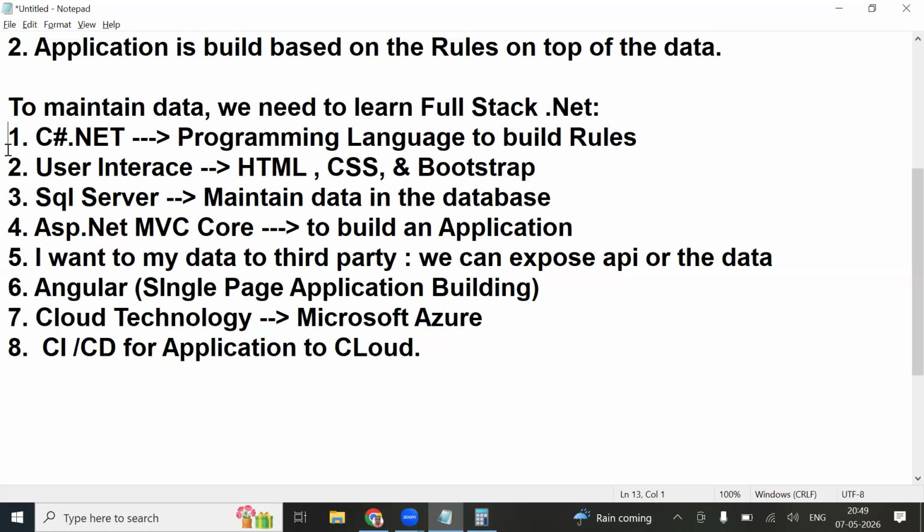See, forget about whether you are a fresher, your experience, you are a non-techie guy, be with a different field. Forget about that. If you learn this, this will help you to become a full stack .NET developer based on your experience. You can be a developer, you can be a solution architect, you can be a manager, you can be a technical architect as well. Understand my point? Based on the experience, you can become. And there is a lot of demand in full stack .NET. There is a huge demand in full stack .NET.